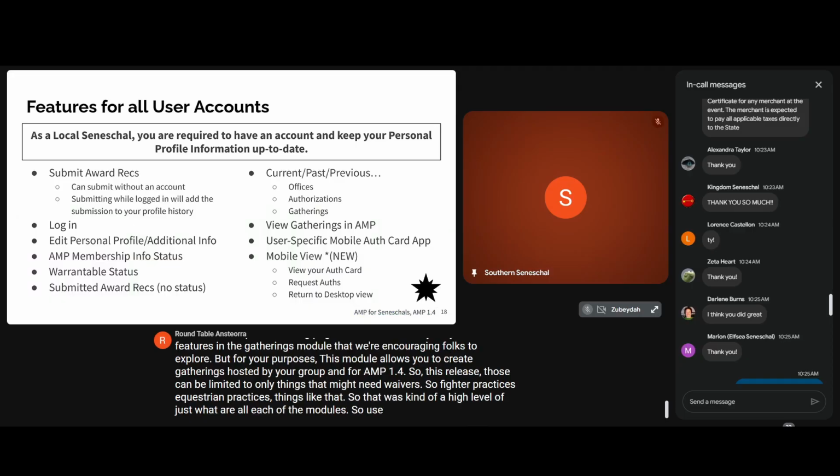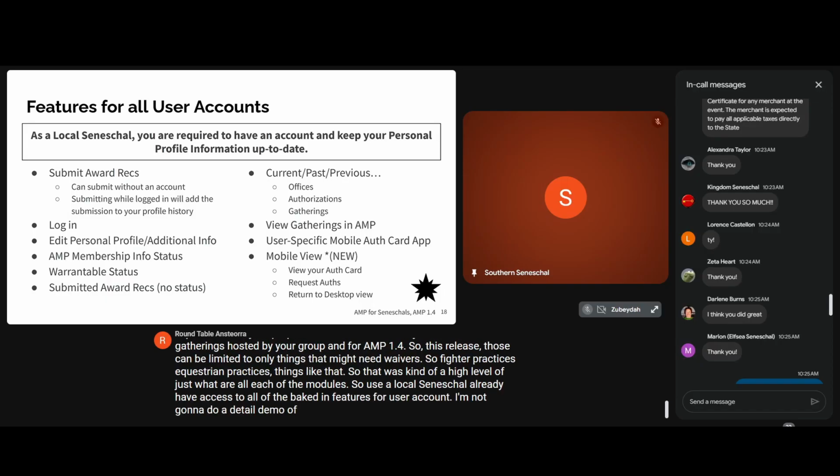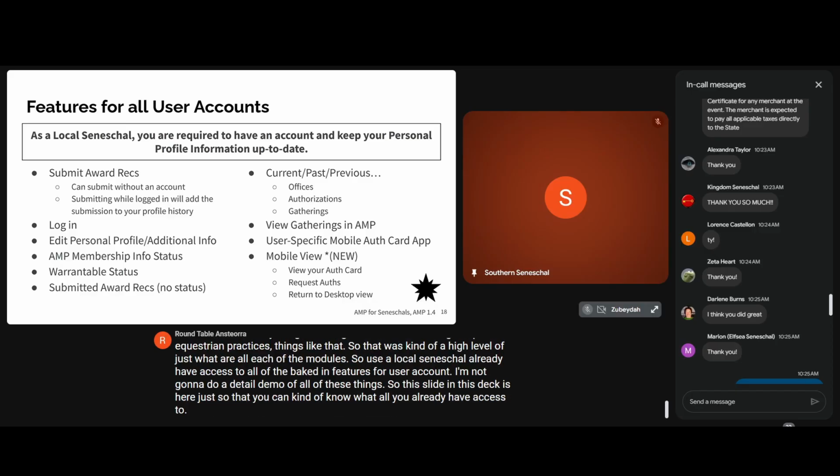So you as a local Seneschal already have access to all of the baked in features for a user account. I'm not going to do a detailed demo of all of these things. So this slide in this deck is here just so that you can kind of know what all you already have access to. The two that I'll highlight